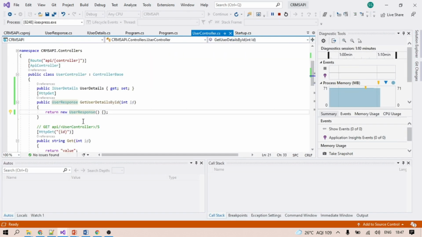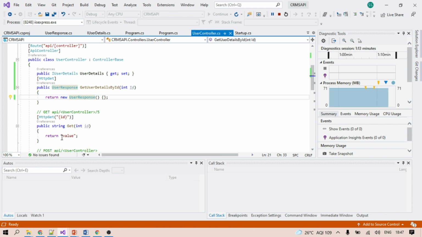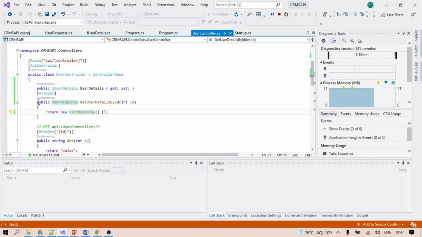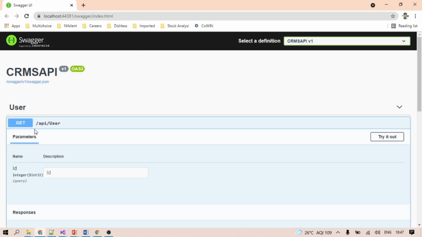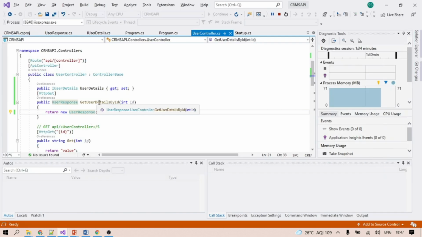It looks like, because we did not make changes for any other method, we only made changes for this method, it is telling us that once this method executes successfully you will get the response in this format. So this method is our method, but it's not giving the name get user details by id.